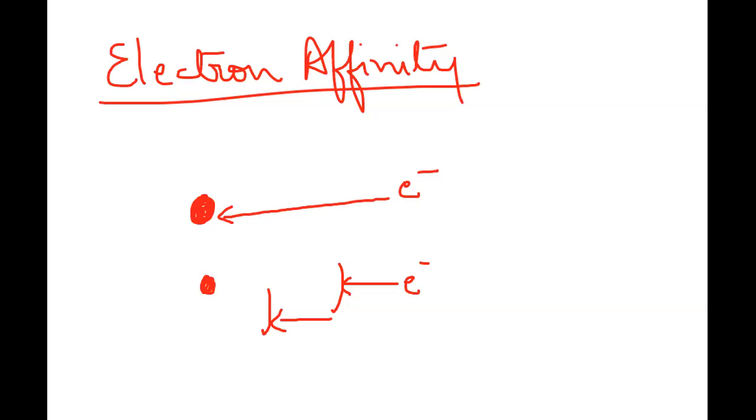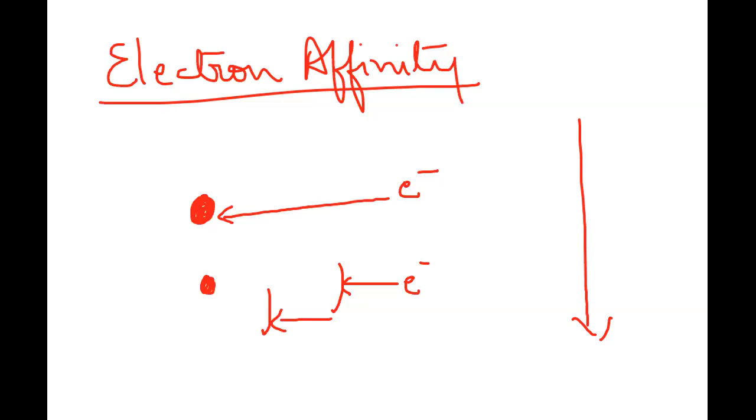Therefore, the amount of energy that will be given out in those cases, the measure of the electron affinity values, will be less. One thing that you study in standard 10 is the vertical trend of electron affinity values. When you go down the group, the vertical trend tells you that if ionization potential values are decreasing, electron affinity values should also decrease.